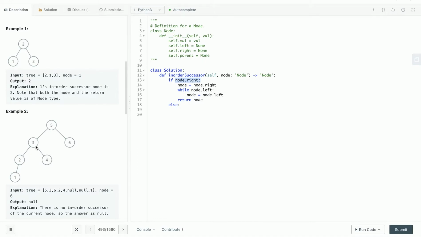So basically, we want to go to its parent node until the parent's value is larger than the node, right? So for example, here, 1, we go to the parent, and the parent is greater than the node, then we return the parent, right? So for 2, it doesn't have a right subtree. We go to its parent, and we find the parent is greater than itself, so we return the parent. And for 4, it doesn't have a